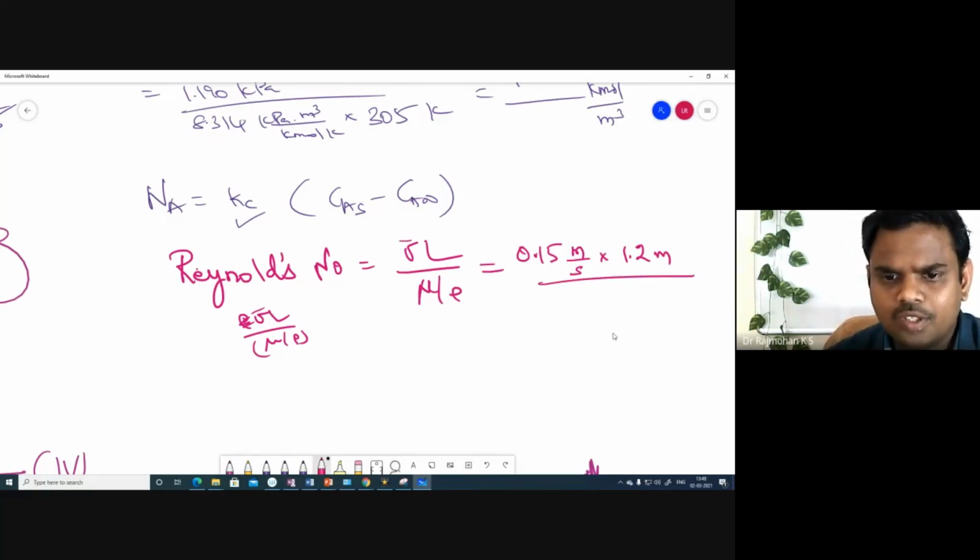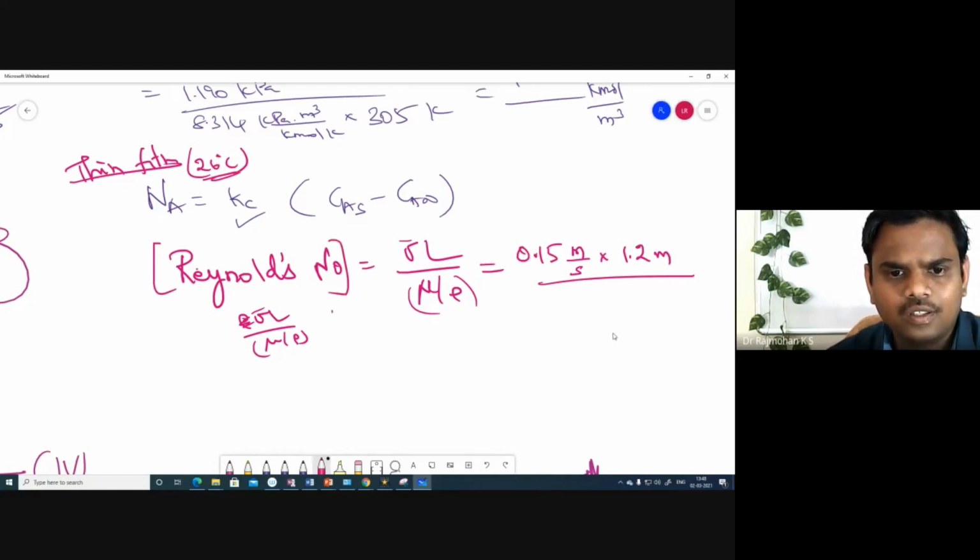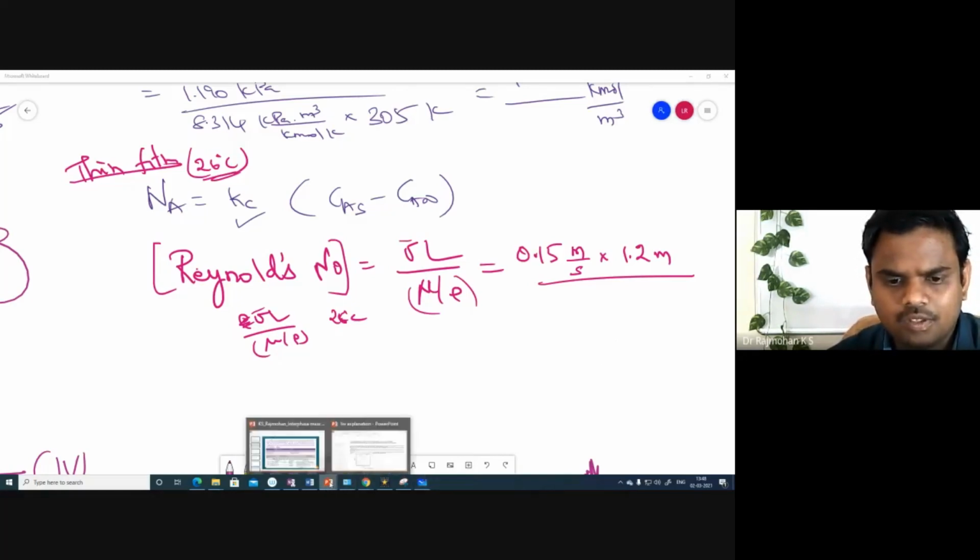Divided by mu by rho is your kinematic viscosity. We want this Reynolds number for the flux across the thin film, with one end at 20 degrees Celsius and the other end at 32 degrees Celsius. The average temperature in the thin film we have determined to be 26 degrees Celsius. So we want the Reynolds number value at 26 degrees Celsius. That means we want the mu by rho value given from the table. Please refer to the table.